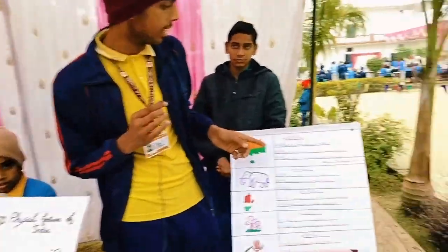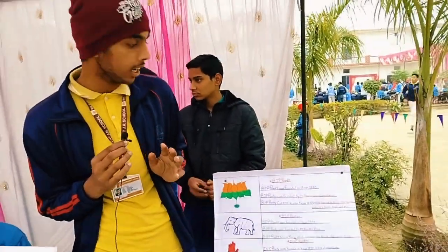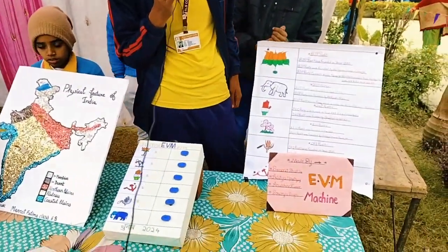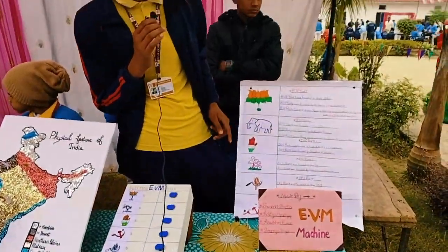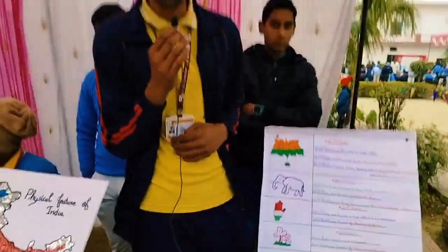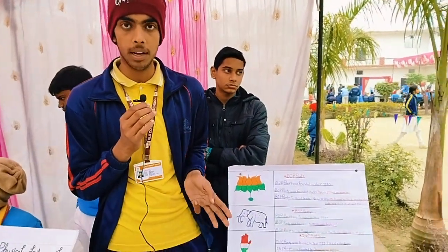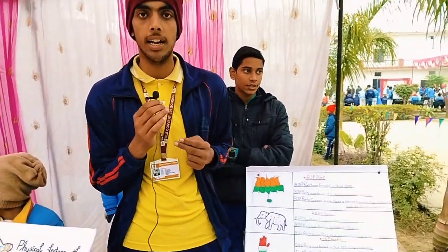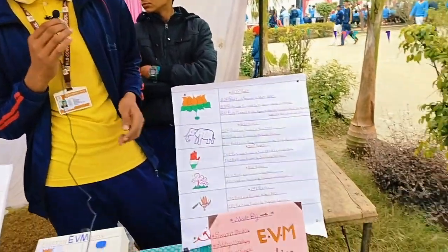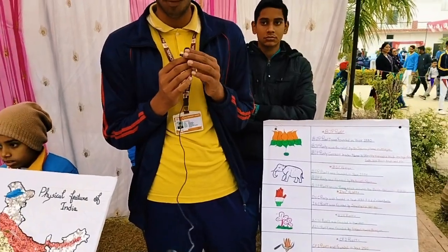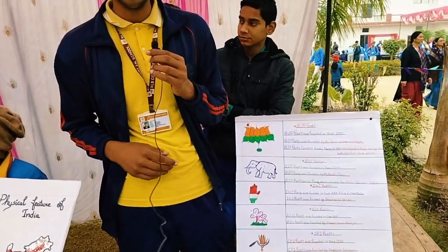We can see here that the BJP party was founded in the year 1880 under the leadership of Syama Prasad Mukherjee, and the BSP party was founded in the year 1984 under the leadership of Kanshi Ram, and one of the oldest parties, INC, which means Indian National Congress, was founded by Mr. Pandit Jawaharlal Nehru, and it is one of the oldest parties. So that's why it's called an EVM machine.